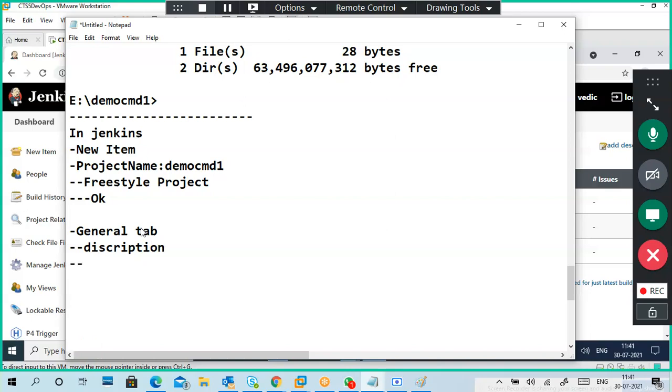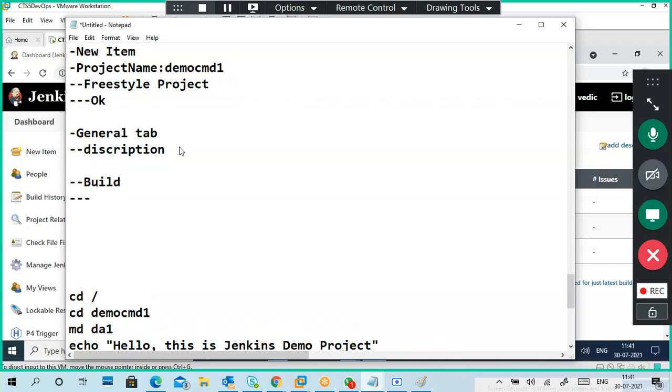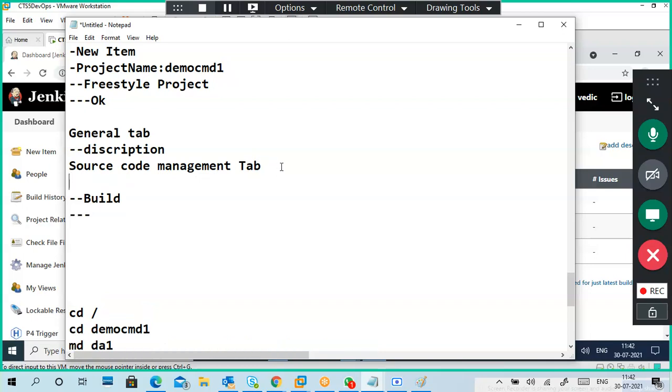Next, I went to the Source code management tab. Okay, General tab, then Source code management tab. I chose None, and I went to the Build tab.